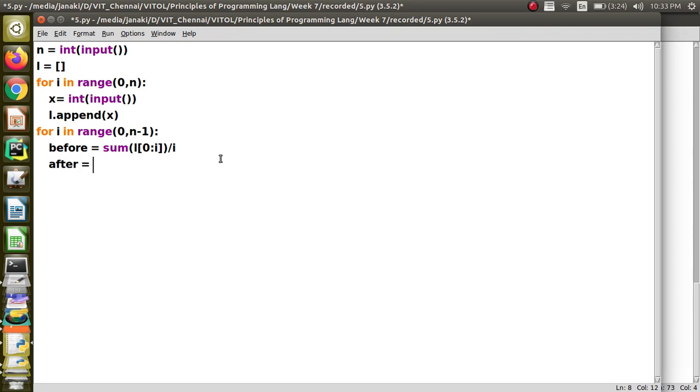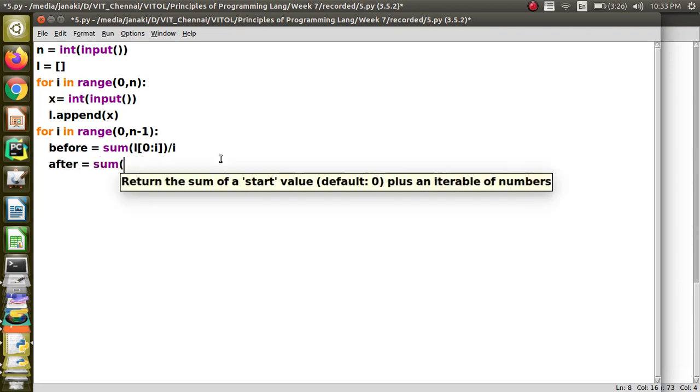How will you compute after? Sum of, you have to consider the sequence which comes after the position I, right? So I should say I plus 1, and we have to go up to the last. So you are going to start from the I plus 1 term and go till the last.